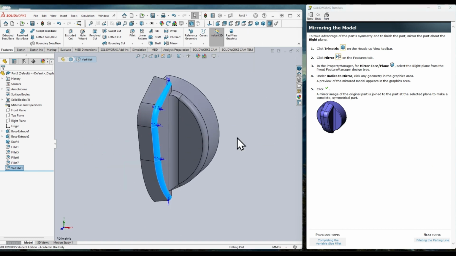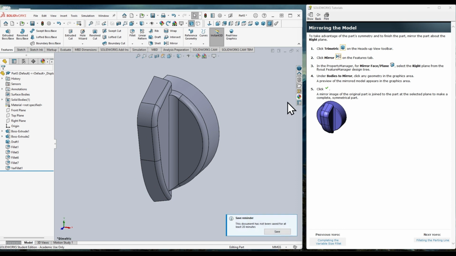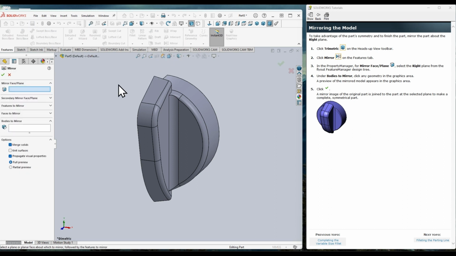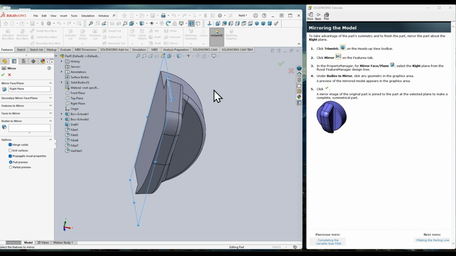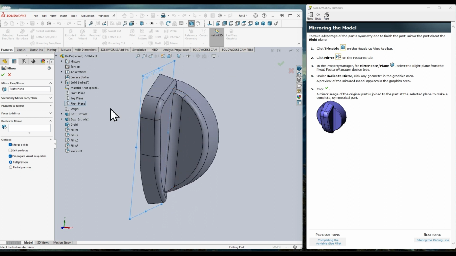because we have a nice fillet knob there. And now we're going to use the mirror feature. It's the next step in the instructions. So when I click on mirror, it wants me to pick the plane that I'm going to mirror. So again, I have to get to my design tree, which isn't here anymore. So I have to access it by clicking this little arrow here. And then I'm going to find the plane that I want to mirror on, which is the right plane here. We want to mirror across that to make our lives easy and make the whole other half of the